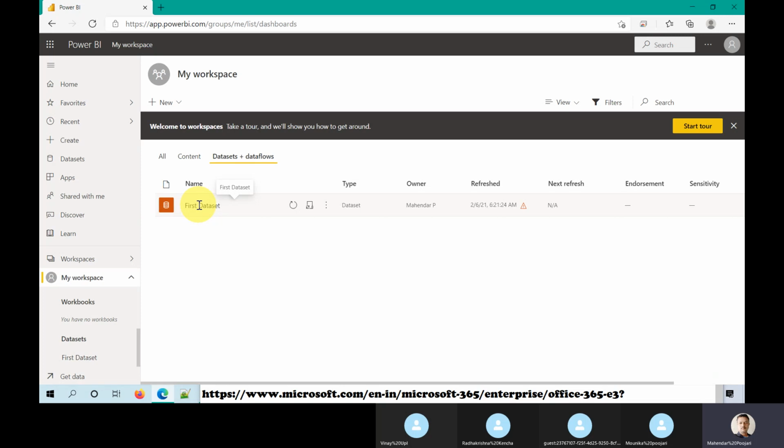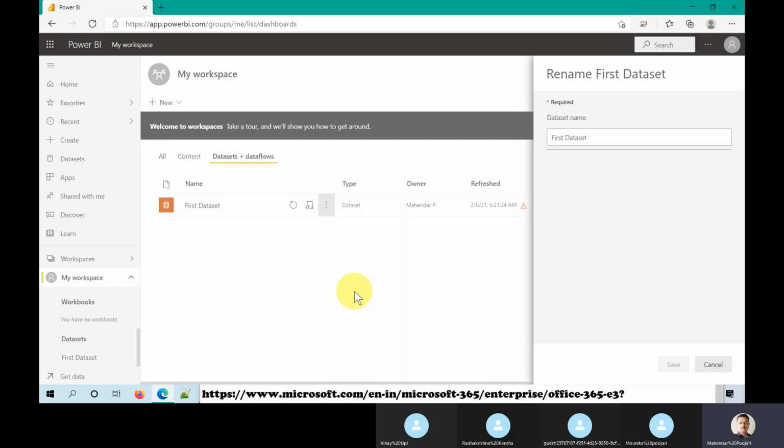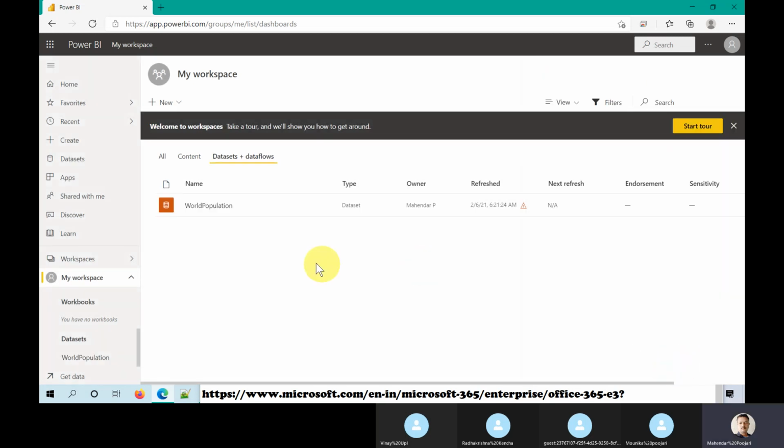But in terms of business, this is not the one. What is the business name we can give? This is about population, right? So you can give that, population analysis, population data set. And you can add something extra if you want. What exactly do we mean by population? World population, you can give it like that. World population data set. So this gives a meaningful name.